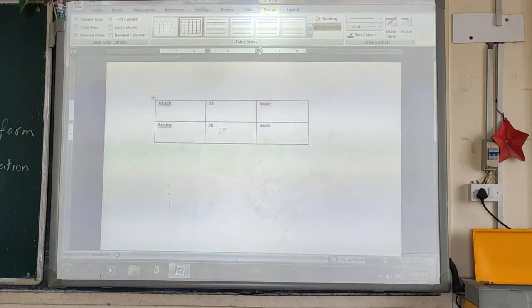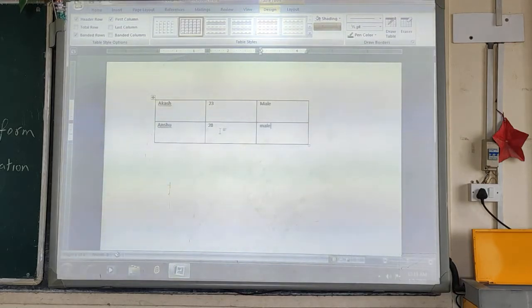Another important thing is that whenever you insert any table within your document, you can see two new tabs appear on your ribbon. These are called the Design tab and the Layout tab.